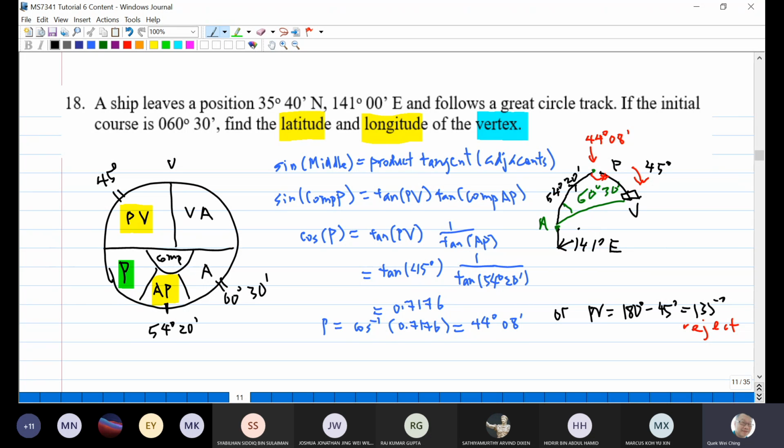The ship is going to the east. You can see the angle is 60 degrees going to the east, and the angle P is 44 degrees 8 minutes. So the longitude of V now